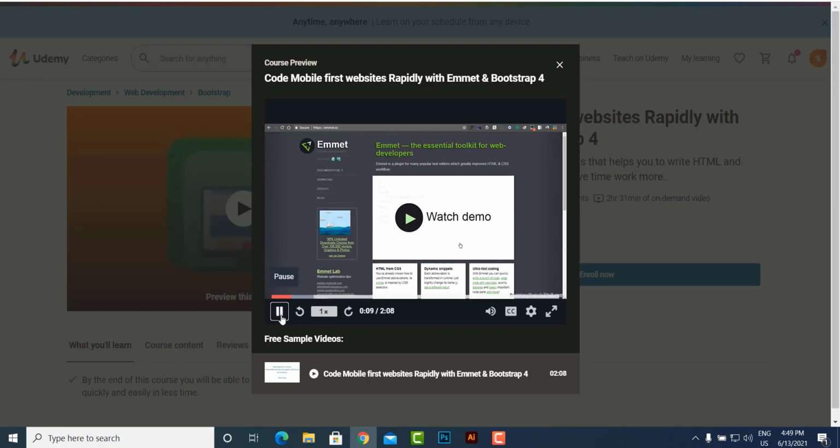Hello and welcome to Faster HTML and CSS workflow with Emmet and Bootstrap 4. In this video course, you will learn how to use a popular plugin, Emmet, and the Bootstrap framework to create responsive and mobile-friendly websites quickly and easily. Emmet is a free plugin that lets you write small abbreviations, and when you hit Tab or Ctrl E,